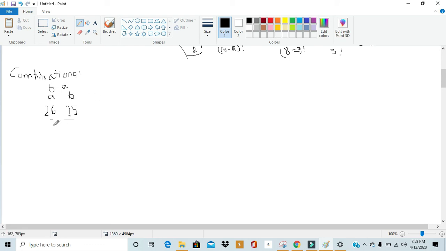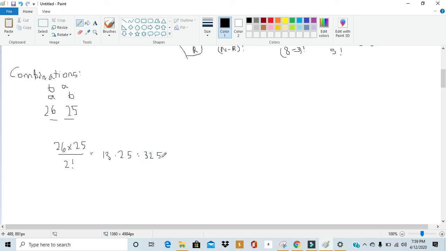So then, in order to make up for that, we would have to divide by the number of ways that these 2 letters could come to us. So since there's only 2 letters, they could come to us in 2 factorial ways. So it's 26 times 25 divided by 2 factorial. And we can compute this to get 13 times 25,